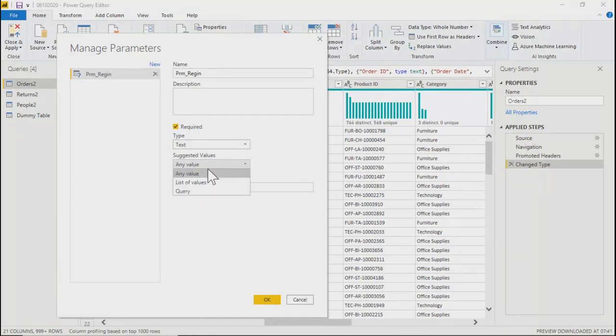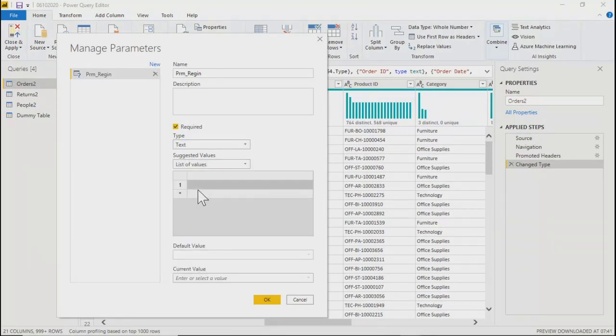And then suggested values: it says any value, list of values, queries. If I choose list of values, I need to enter the values over here. It can be west, east, south, because these are the values in my region field, or it can be north.